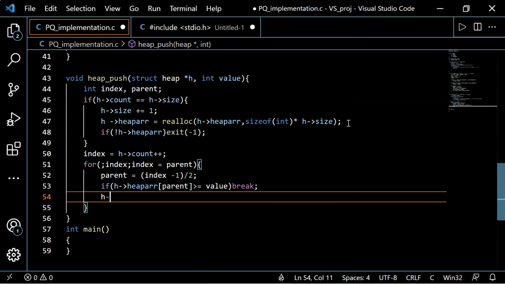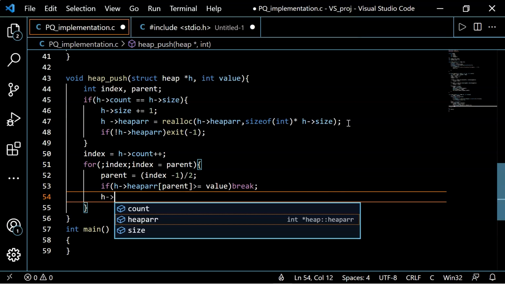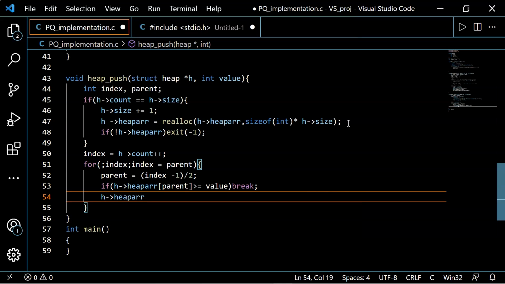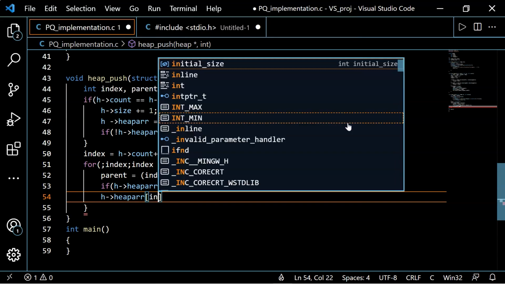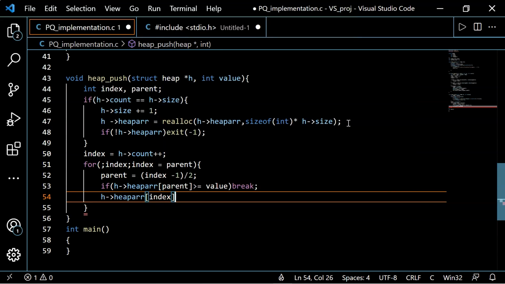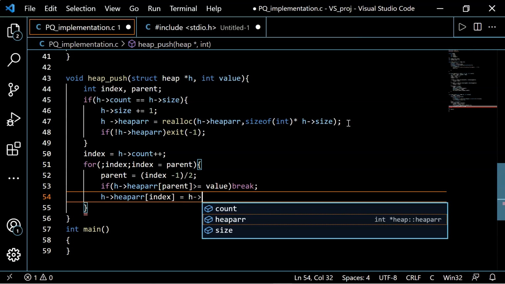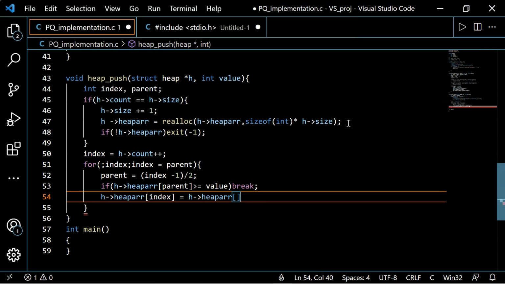Otherwise, h.heap_array[index] will be equal to h.heap_array[parent].